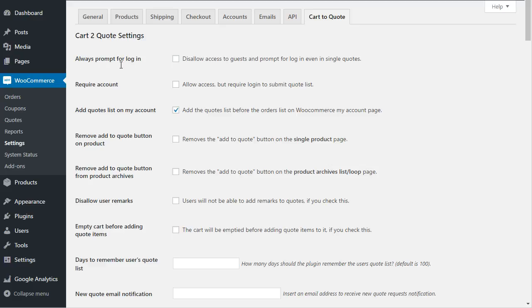Always prompt for login means that the users will not be able to visit the single quotes pages, even if they have a link. When they land on this page, they will be prompted to log in or create an account. The second one is